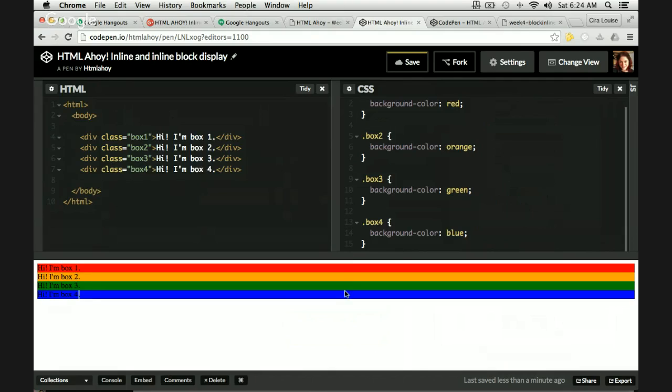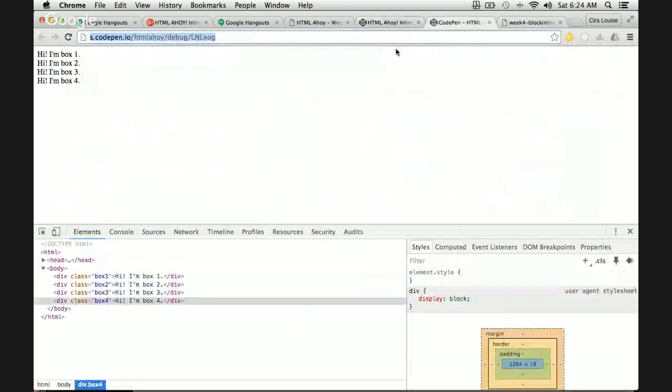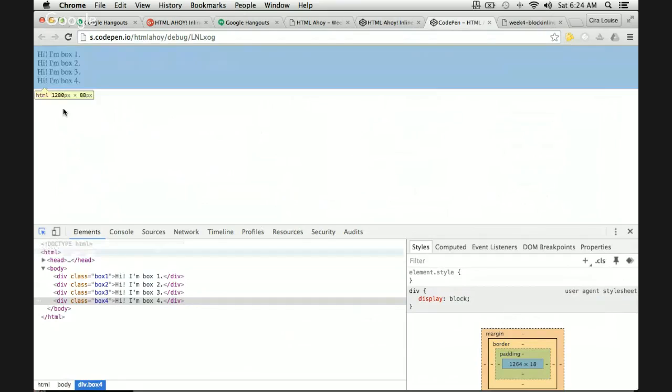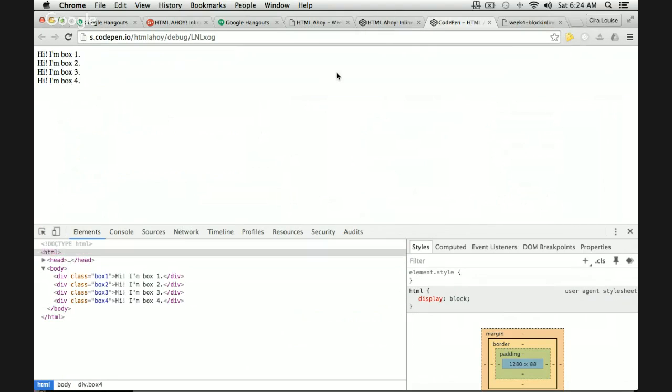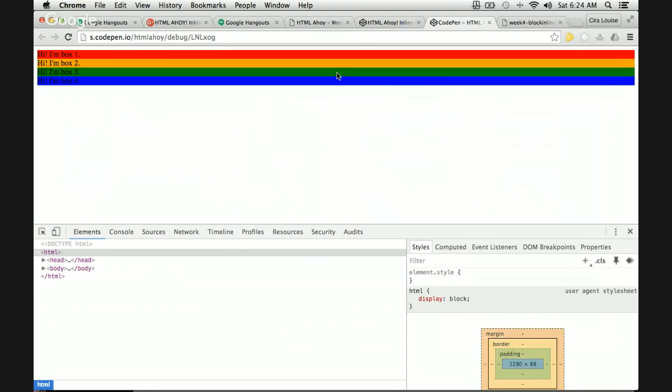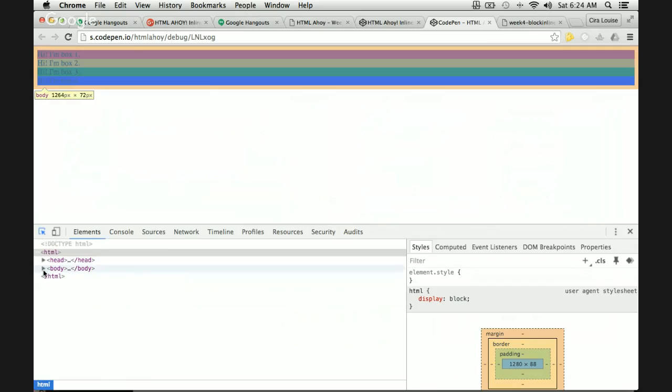Okay. You'll notice now it's really apparent how they're stacked. And you'll also notice how now they take up the full width of the page. They're stacked and their width takes up, well, almost. There's actually a margin. If you notice, it doesn't go right to the edge. Let me refresh. And why that's happening